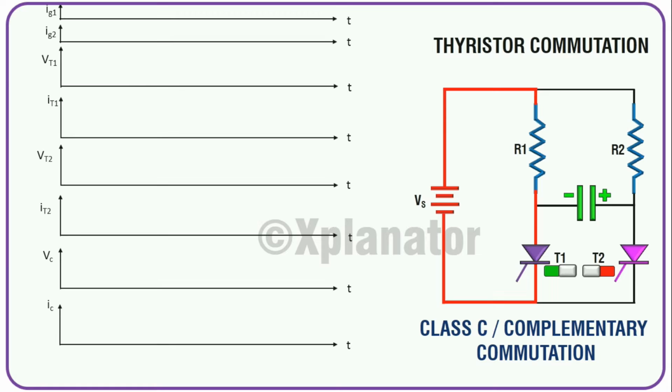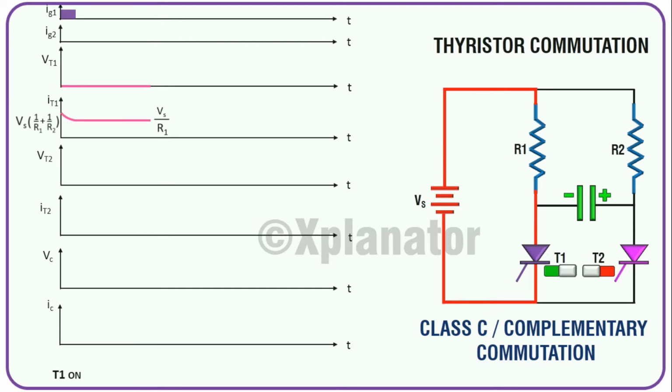Let's plot this sequence. The thyristor T1 is switched on. Mark the same on the axis Ig1. As it is conducting, it is a closed switch. So voltage across it will be 0 and VT1 will be 0. Come to IT1, current flows in two loops, and when capacitor is completely charged, current from the second loop cuts out. So the current graph starts with a slightly higher magnitude and later settles to a lower magnitude.